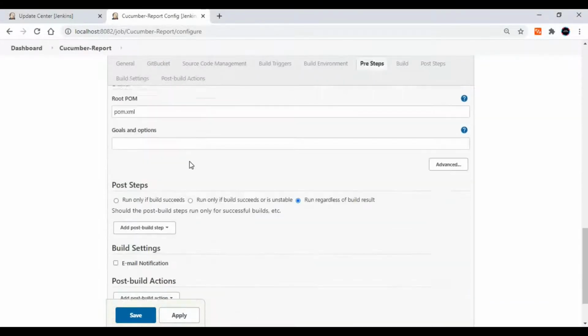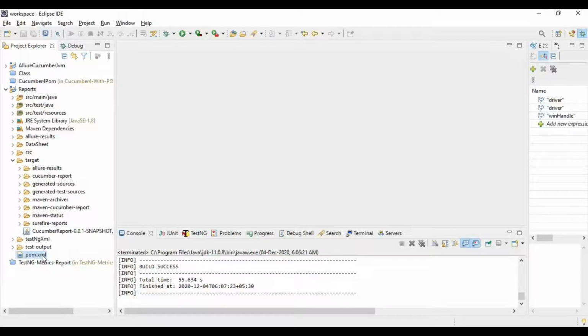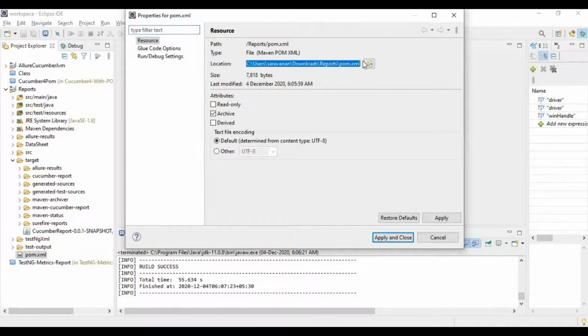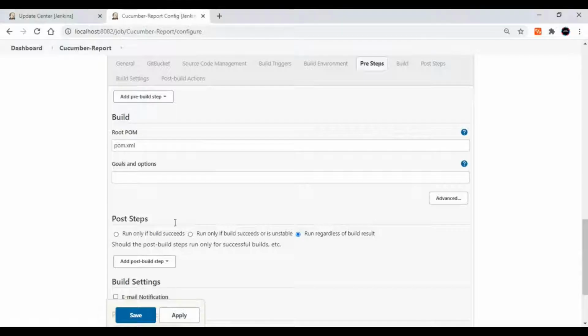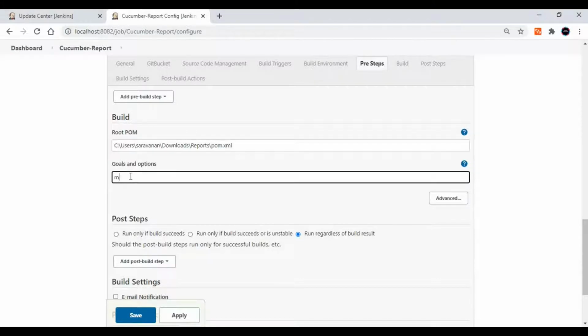Just scroll down to the build section. Here we have to pass our pom.xml. So this is my pom.xml, I am copying this path. And the goal, right? Maven clean or Maven test or Maven verify we can give.